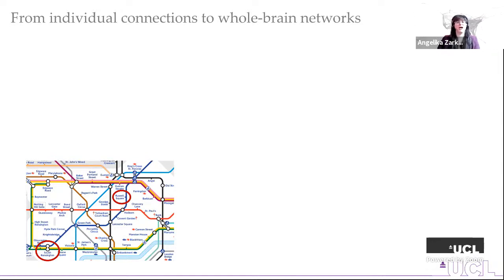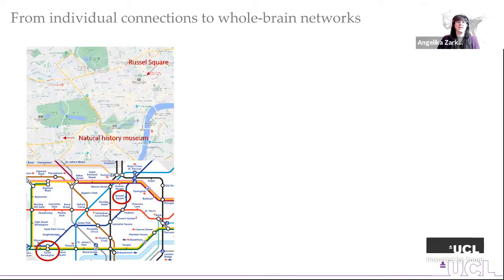And this can be very powerful. So if, for example, you want to see whether Russell Square and the Natural History Museum in South Kensington are connected, looking at a traditional map, this may be very difficult to work out. You can still do it. You can track all the roads. You can put it on Google Maps. But when you first look at the map, they appear to be quite spatially distinct. So they're quite far away from each other. They don't appear to be